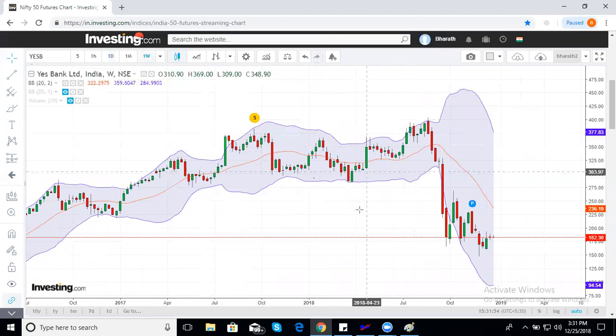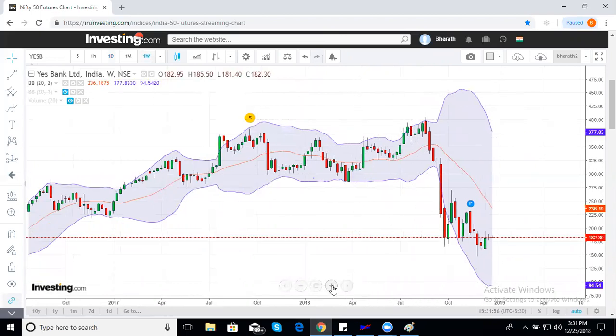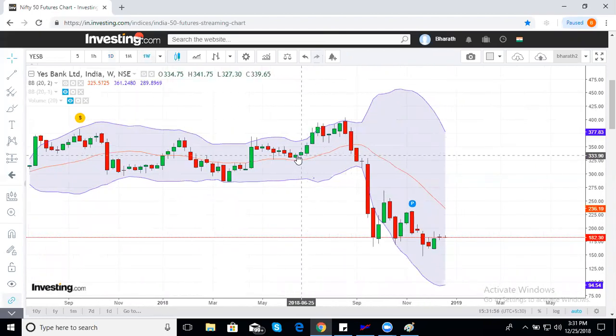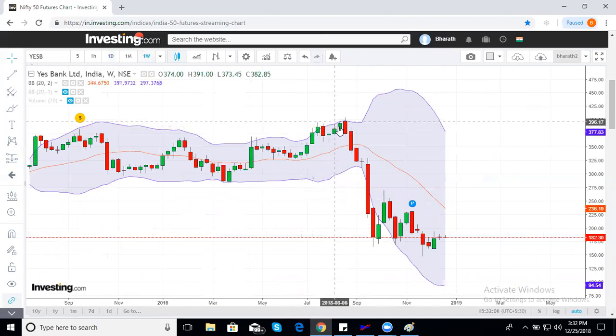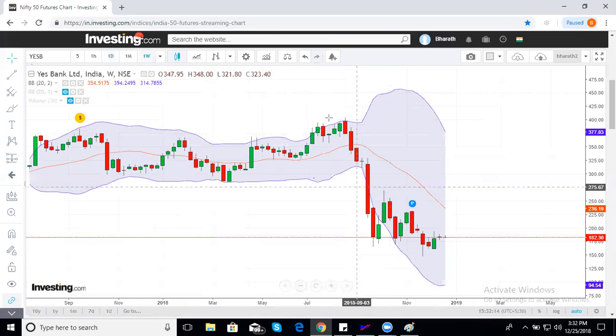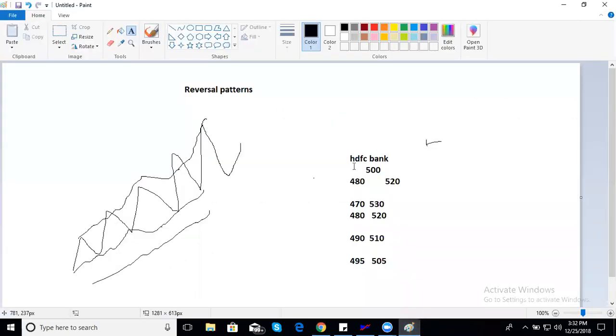On a weekly chart also, look at this weekly setup of S Bank. See, took support of middle band, went out. See, this candle closing was outside the band, came back inside for next 2 weeks. Next time market tried to go up, but this time market doesn't have the strength to close outside the Bollinger Band. And this story is rest with you, S Bank, from 400 to 150. Right? This is how the market calls a top on the upside.